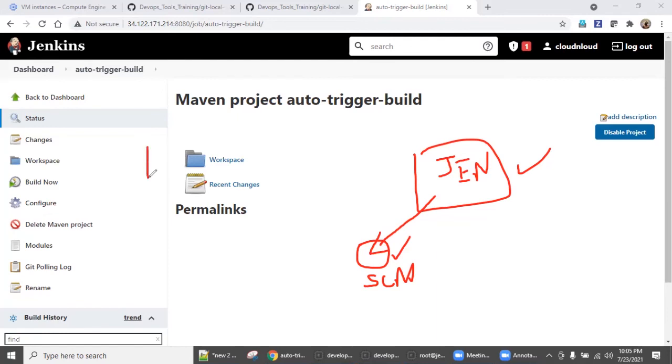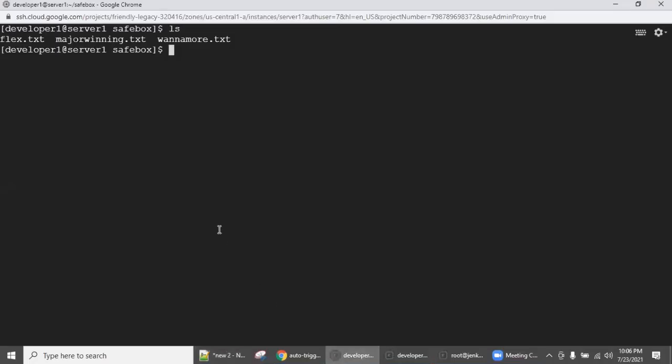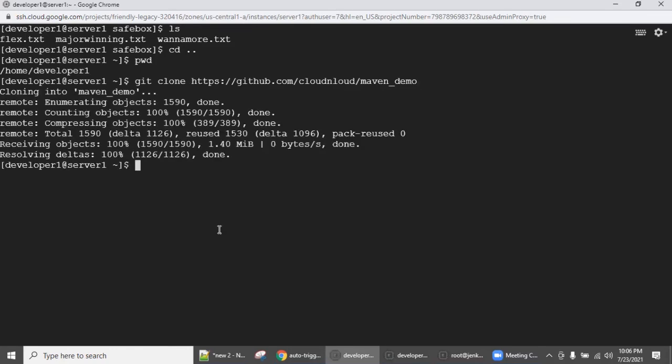Now, our developer is sitting in this Linux machine somewhere in Chennai or Bangalore. So I am a developer. I am sitting in my machine. What I'm going to do is say git clone. What is the repository? This is the repository, right? So let us go with this. Let us come out of the other repositories, and make sure we are not in anything. So git clone, right? So we cloned it. Say here, Maven underscore demo. So we will go inside and check it.